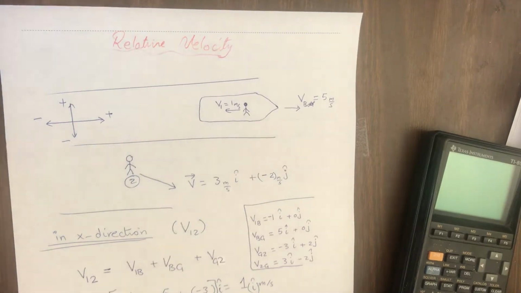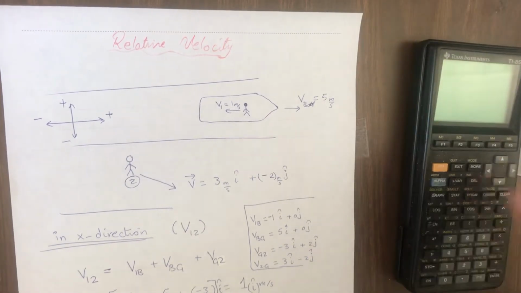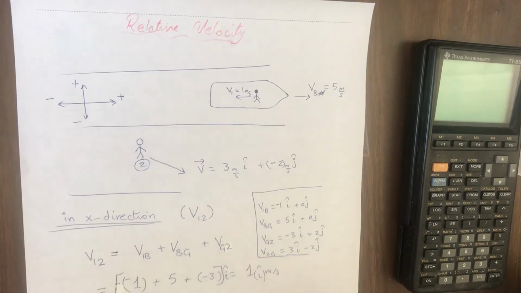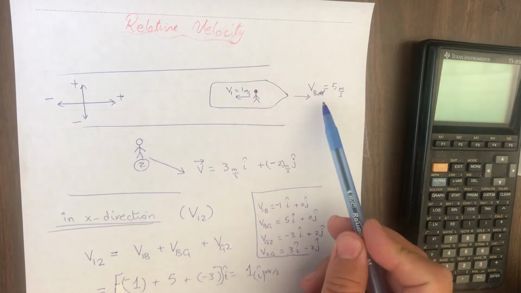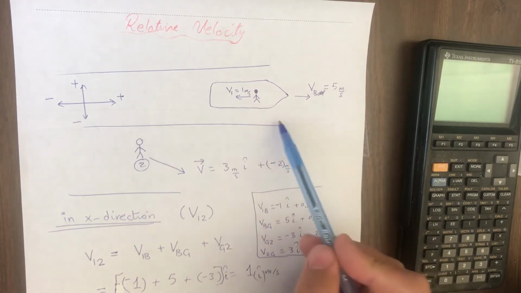Hello, now I'll talk about relative velocity. You can watch the lecture again, and it's easy now to deal with an example. If we have a boat and this boat is moving to the right with 5 meters per second inside the river